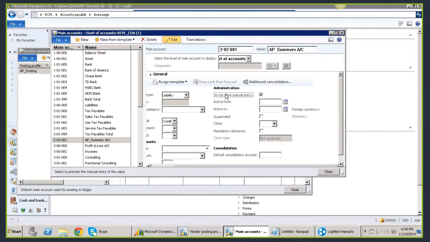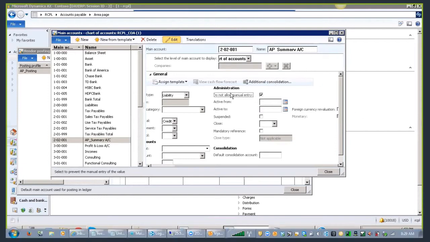The naming convention was different; I really forgot that one. I think it is closed. But we have to check this, do not allow manual entry. Why do we have to check this? For every summary account, you should always make sure do not allow manual entry is checked.